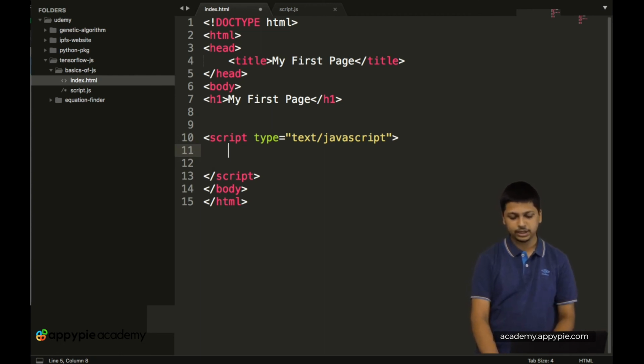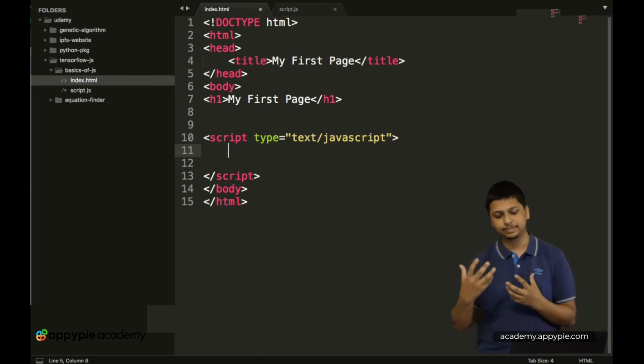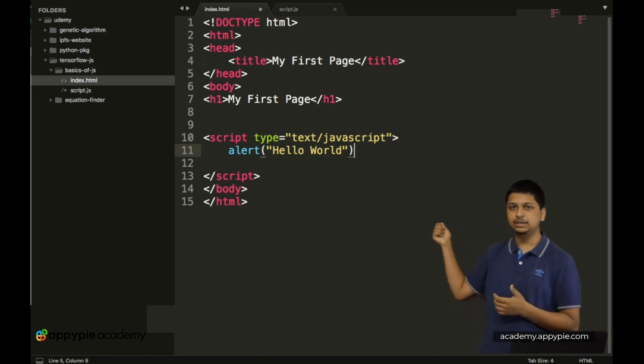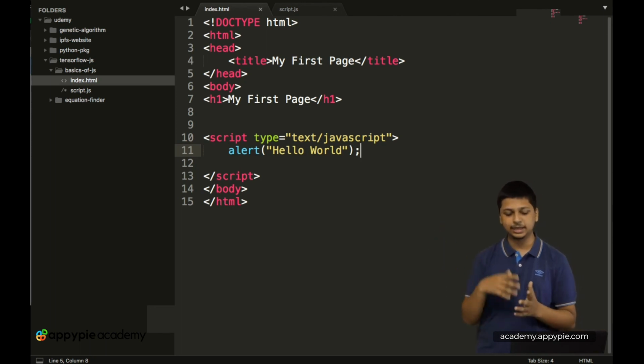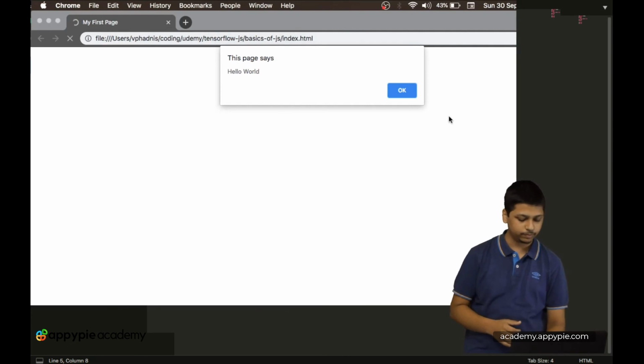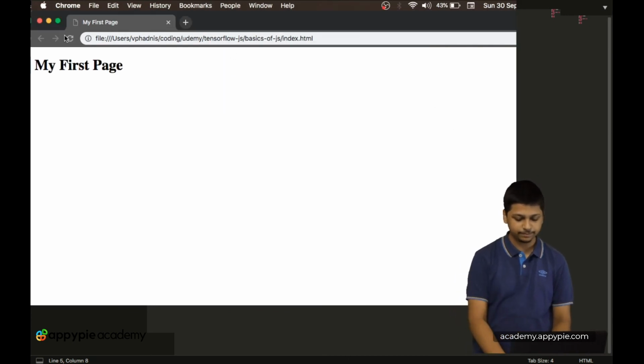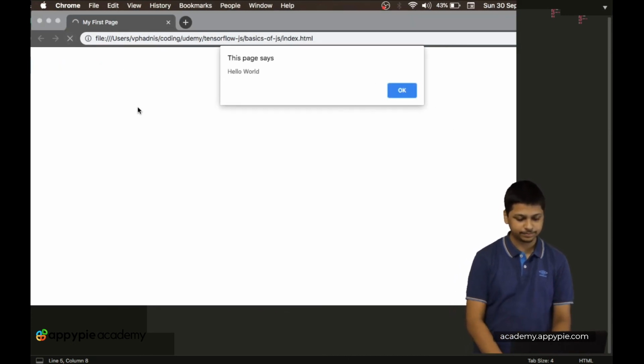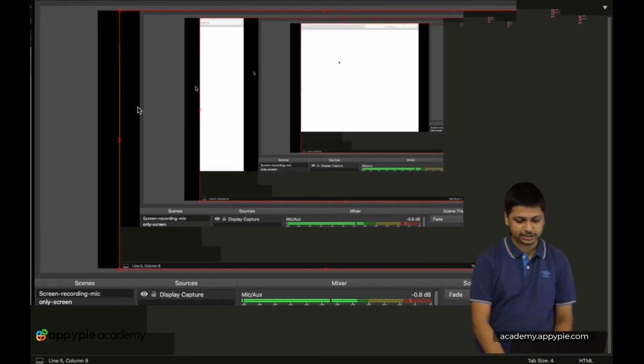And now inside the script tag, so inside script type is equal to text/JavaScript, inside those tags you can simply start writing JavaScript code. Okay, so let's paste it over here. Let's save this, and now if we refresh we should get the same result again.